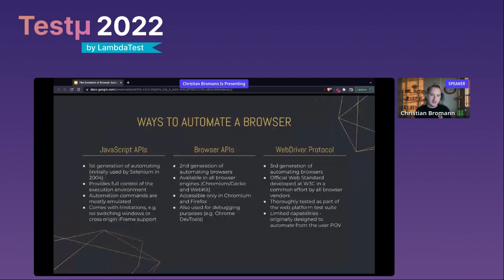The second generation we should talk about are browser APIs. I would call it the second generation because it was also the approach of the original WebDriver project to automate the browser. Back then, a common way was to abuse browser extensions to trigger commands on the website. Or, for instance, Internet Explorer was automated through the COM interface that Microsoft provided for some of the automation